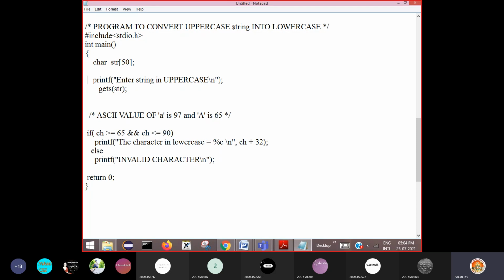Now the string is available in memory. Assume that the string he has entered is uppercase, like HELLO. Now you need to convert each character into lowercase. Uppercase to lowercase means, shall we add 32 or shall we subtract 32?